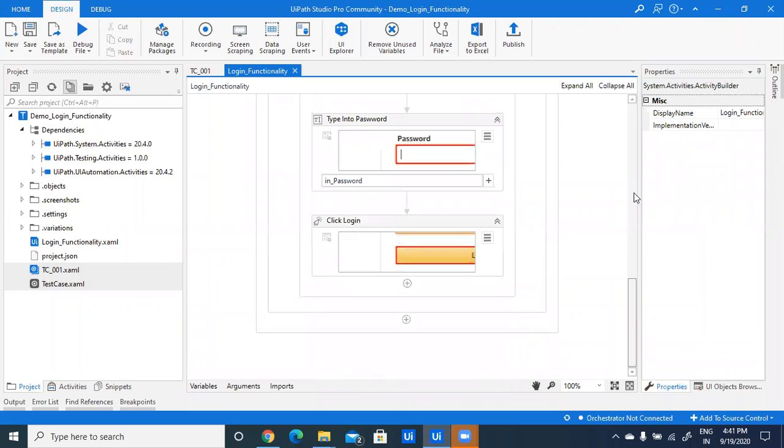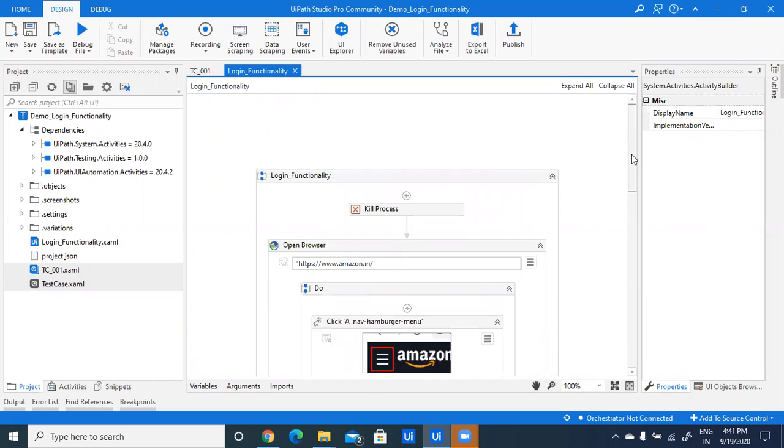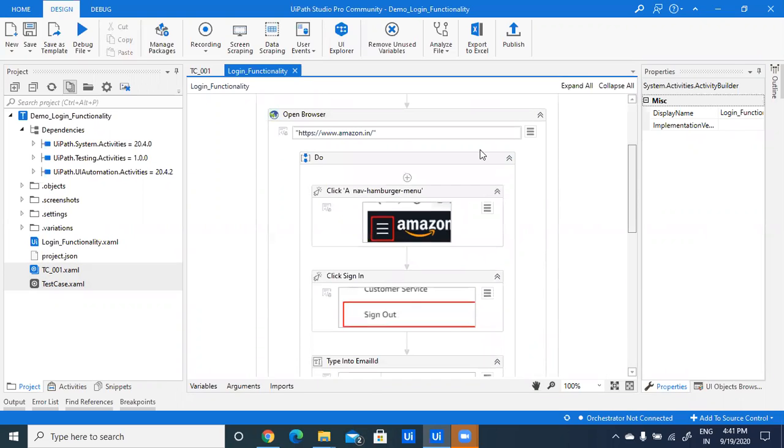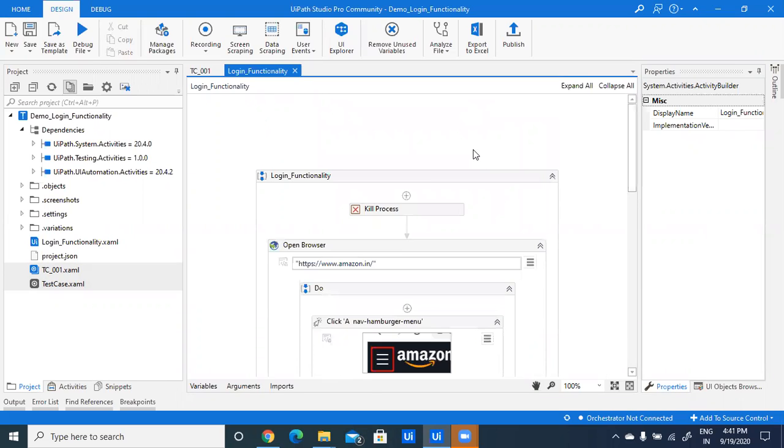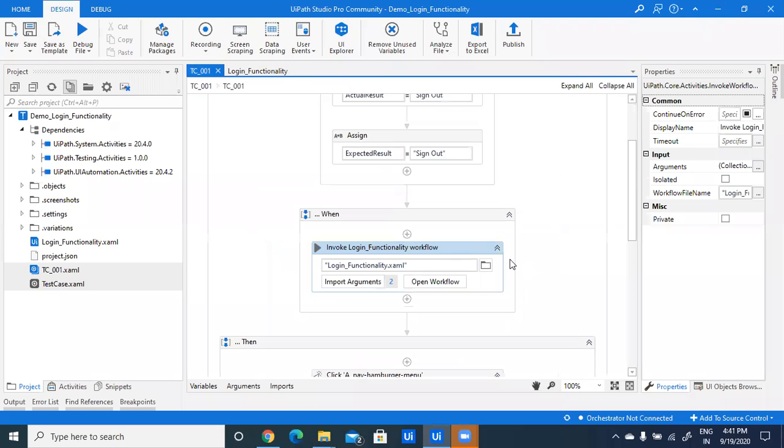This is the workflow where we have implemented the login functionality. Mehul, I think you got the point. From Open Workflow in the When section, you can just click on it and you will get the entire workflow which you have developed using UiPath.